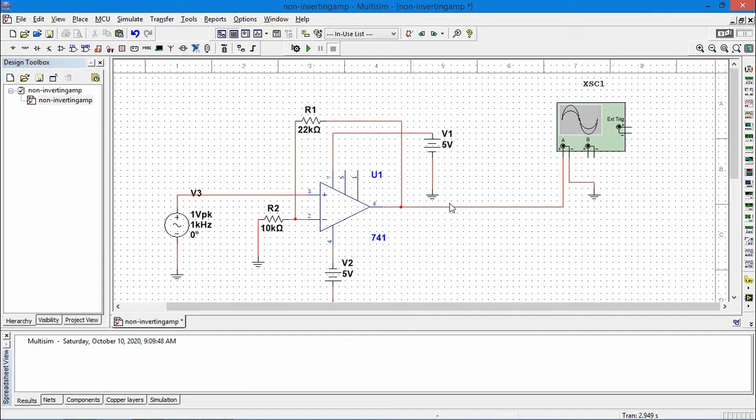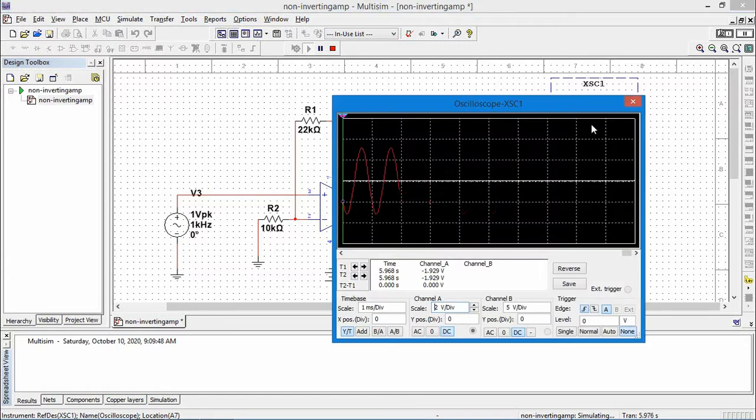If I know the output signal peak value, then the output signal peak value divided by the input signal peak value is the gain of the amplifier. Now the connections are over. Now do the simulation. So run the circuit. To observe the waveform on the oscilloscope, double click on the oscilloscope window.